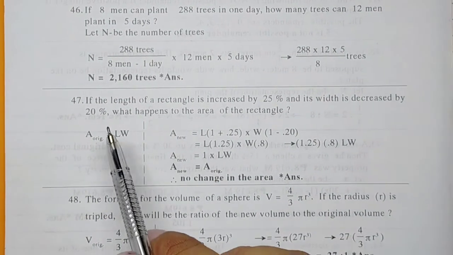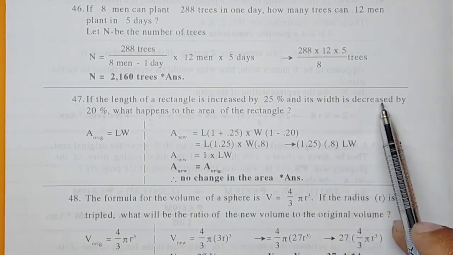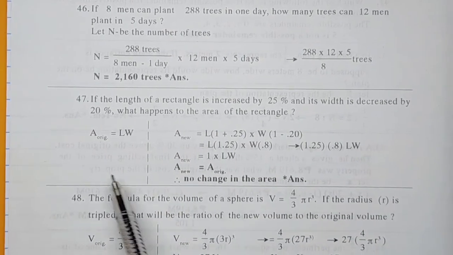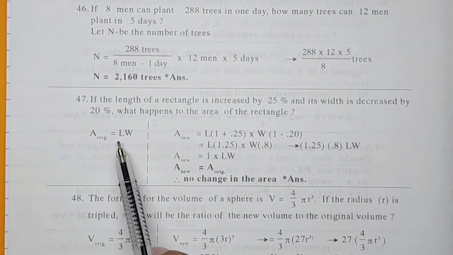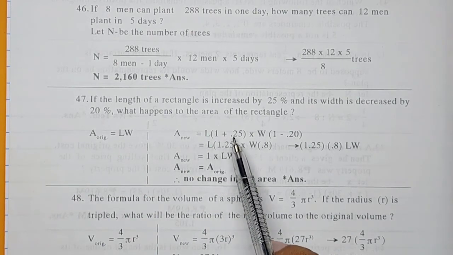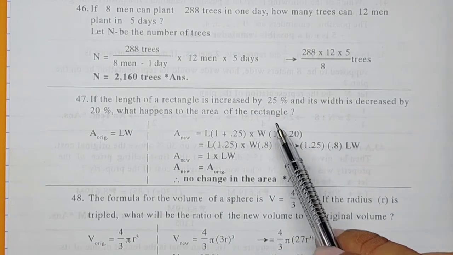Okay? So, if the length of a rectangle is increased by 25% and its width is decreased by 20%, what happens to the area of the rectangle? So, the area of the original rectangle is length times width. So, the area of the new is equal to length times 1 plus 0.25. We are going to increase by 25%. Times width,